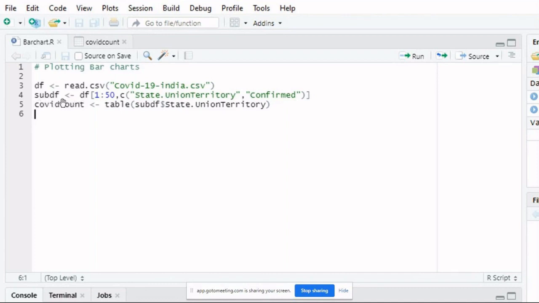Sub df is assigned the first 50 rows of your main data set, and we are considering only two columns, state dot union territory, comma, confirmed cases. Now we are calculating the frequency of these confirmed cases with respect to state and union territories by using the command table.